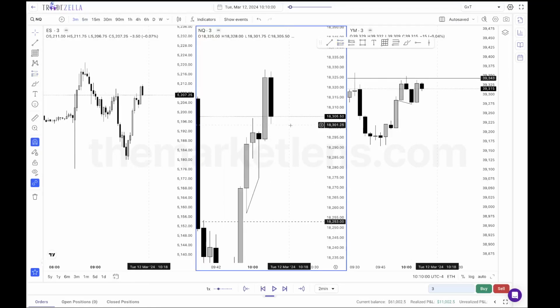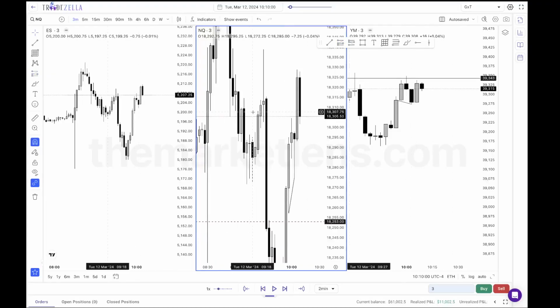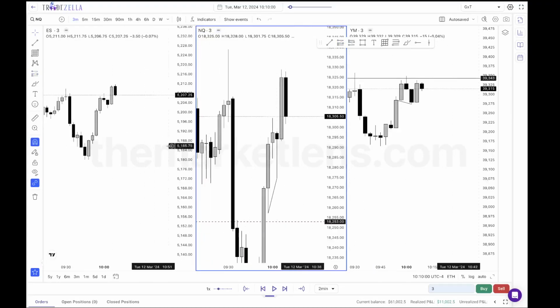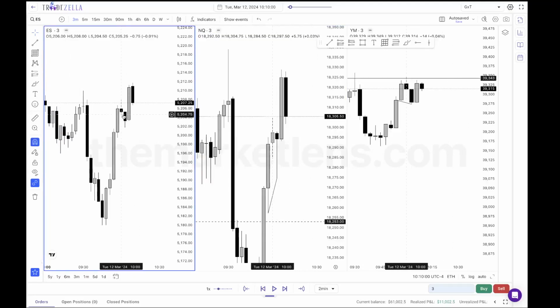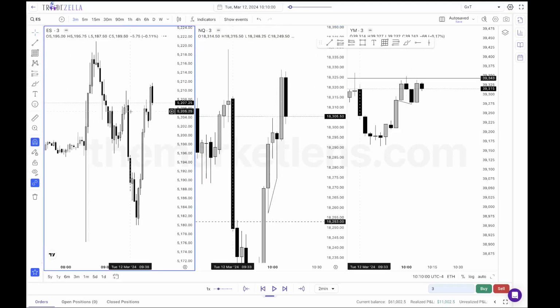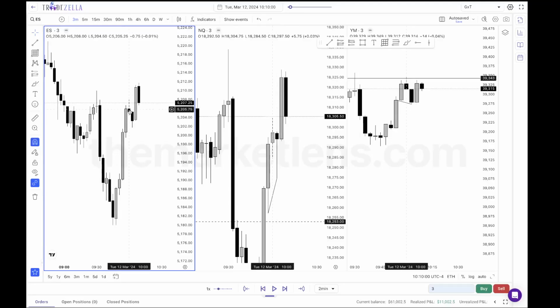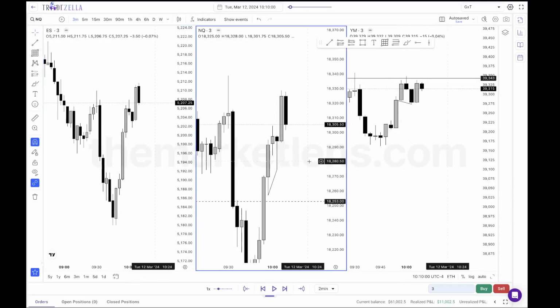I don't really like these too much, but I think this could be the 10 AM low. I think I'll just take it. Potentially you could take an ES too if you really wanted to as well. This is kind of like a better opposing candle, but you see how this candle's bullish, this one's bearish. This is showing relative strength. So if your stop loss is not SMT, it's still fine. I don't know how to set limits, guys, so I'm just going to mark it here.